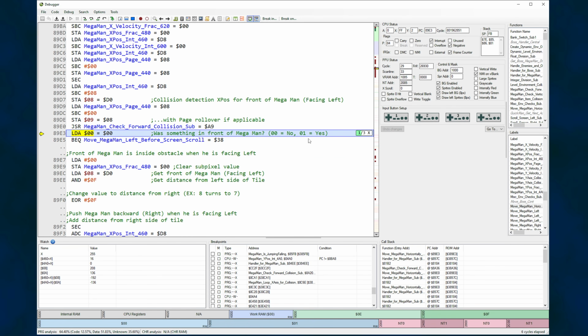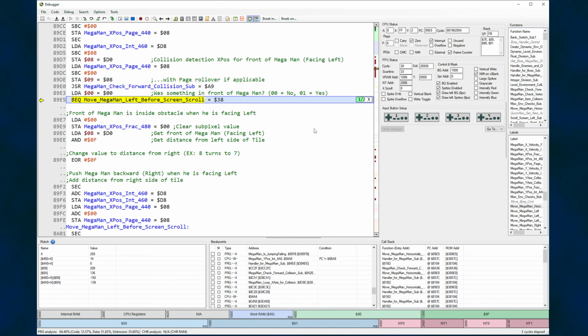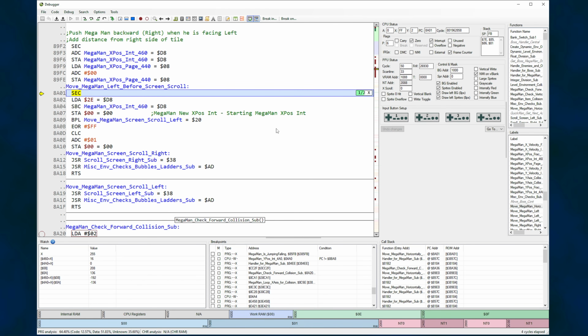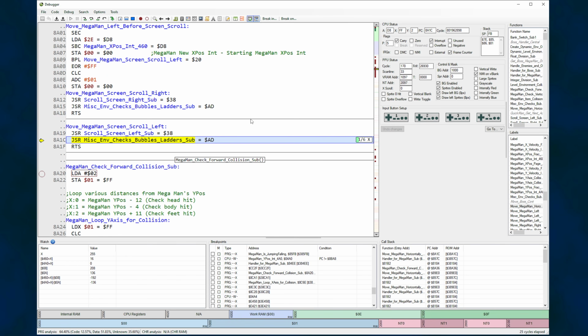So we return from the check forward collision sub and hit the was something in front of Mega Man. Nothing was in front of Mega Man. So we skip over that section we talked about that's used for zipping, and we hit before screen scroll. It's possible that the screen will need to be scrolled, so this handles it. And then after we're done, we hit this final screen scroll left, or a scroll screen left sub will take